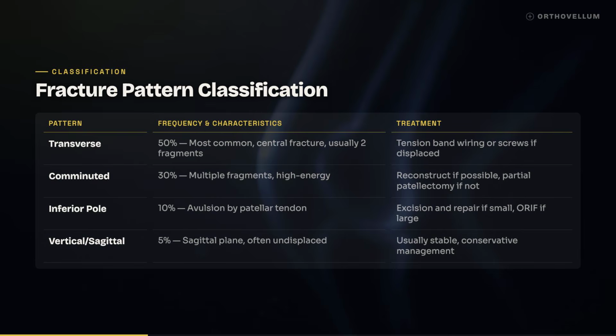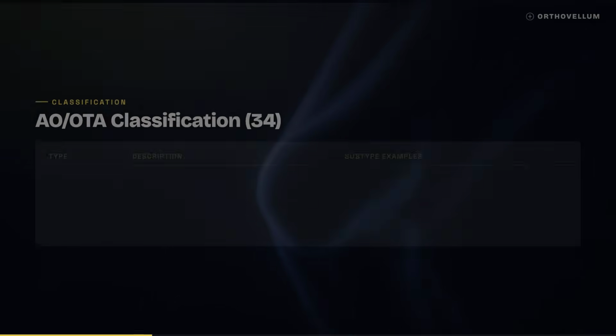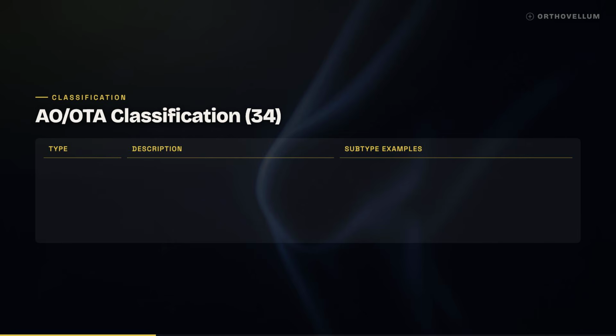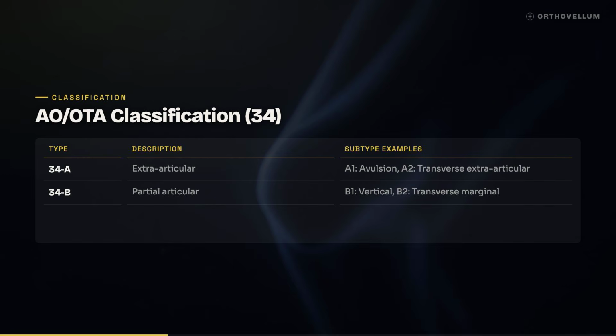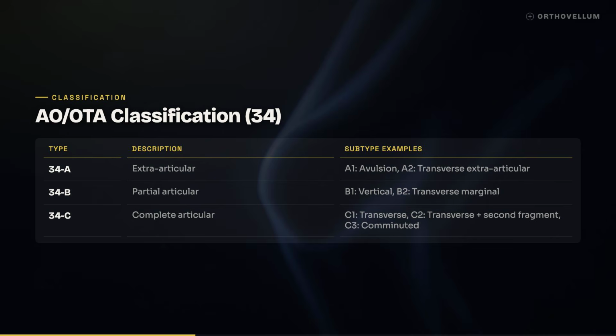stable and managed conservatively. In the AO or OTA system, the patella is designated as bone 34. Extra-articular avulsions fall under type A. Partial articular fractures such as vertical splits are type B, and complete articular injuries make up type C. This framework neatly parallels your descriptive classification, with type C3 corresponding to the comminuted patterns that are so challenging to